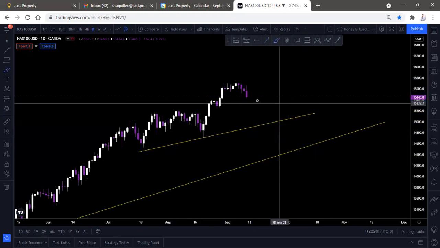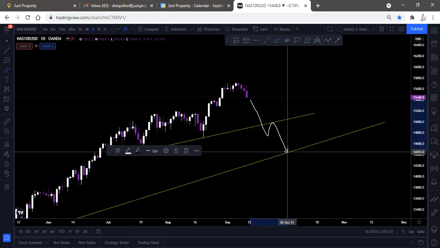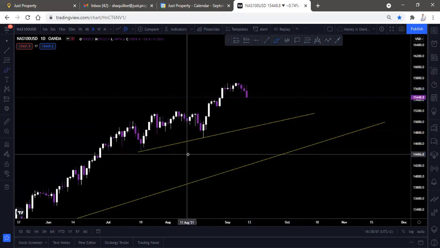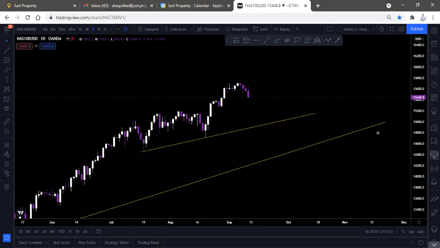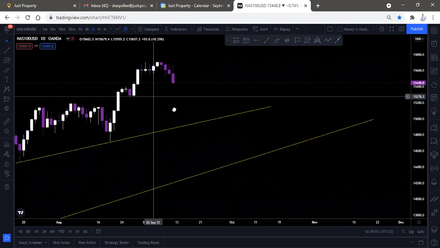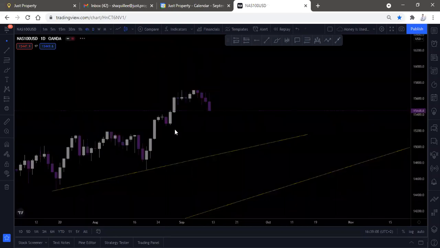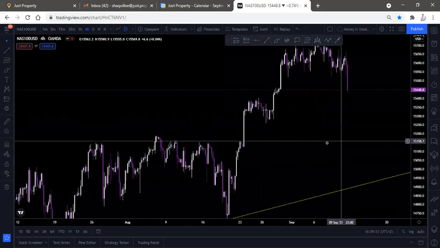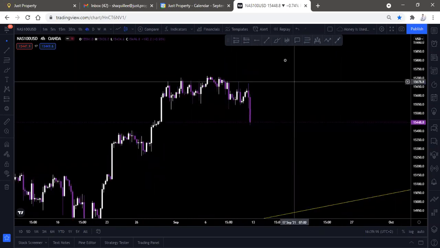If we don't get that, I would anticipate Nasdaq to come to this structure over here, to this trend line basically, and then move to the upside. But we always look at momentum and how price actually moves, right? The same as US30, I'm looking for more momentum. But at this moment, I can see there's more bearish momentum. So even if I do take this whole trade to the downside, I want something like this to happen.